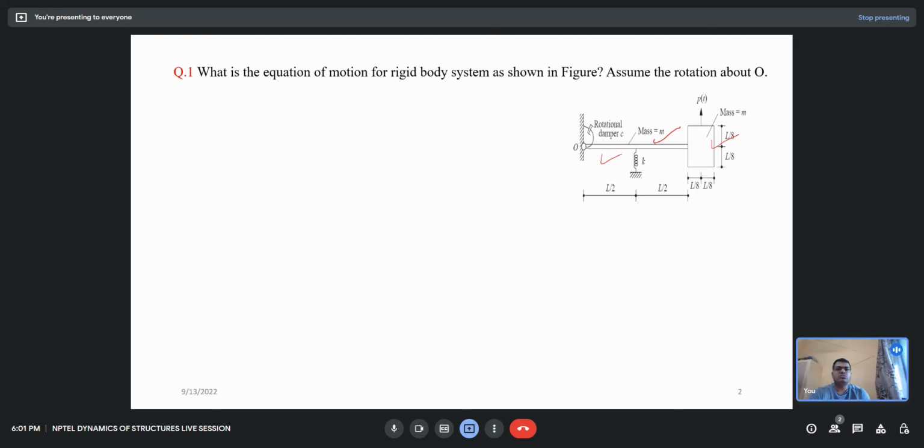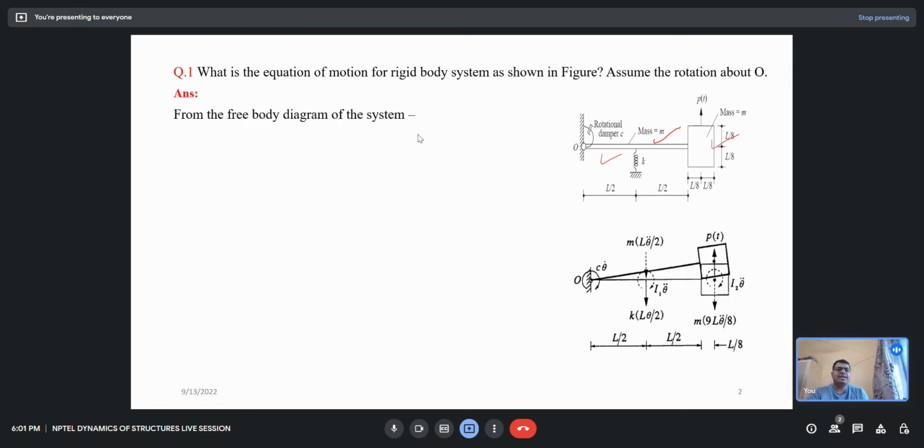Okay. So first, to develop the equation of motion, we need to make a free body diagram of the system. If we give a dynamic deflection, like the dynamic response, a deflection theta here, then there is an inertial force of this rod. You can calculate, if a bar rotates, what the inertia of the mass will be. And we have a